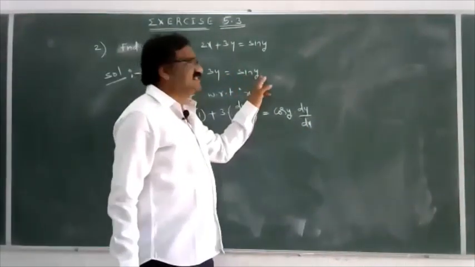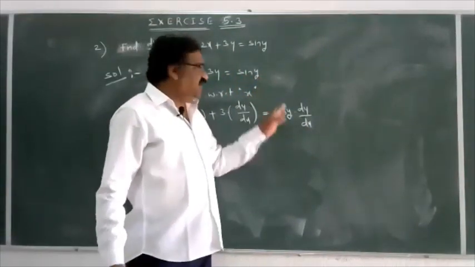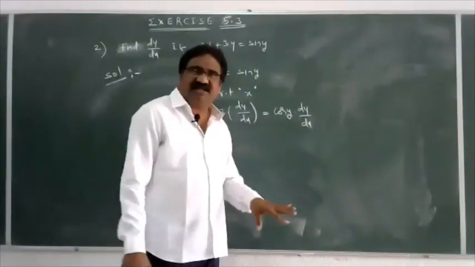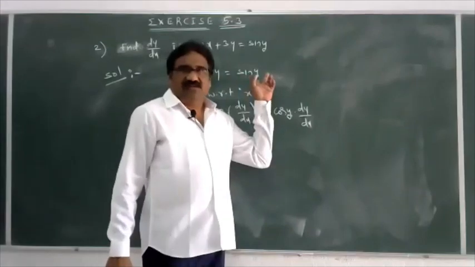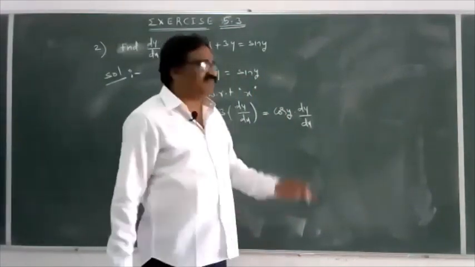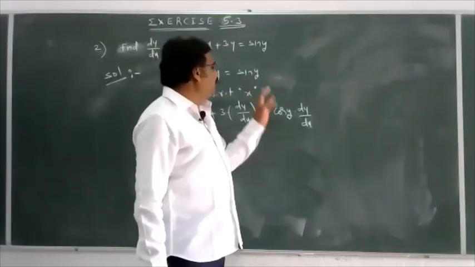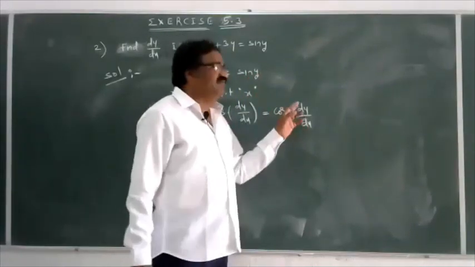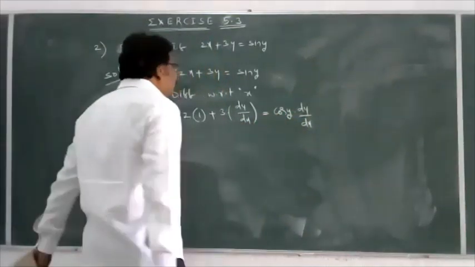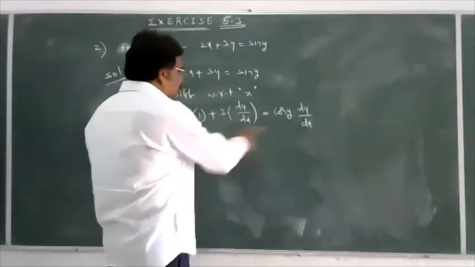So if sin x is there, sin x derivative is cos x into x derivative 1, then you get cos x. But here it is sin y. So y is the variable, and we are taking the derivative with respect to x. That's why you write first the formula, sin y derivative cos y into y derivative by using the chain rule, dy by dx. So we want to find dy by dx from this relation.